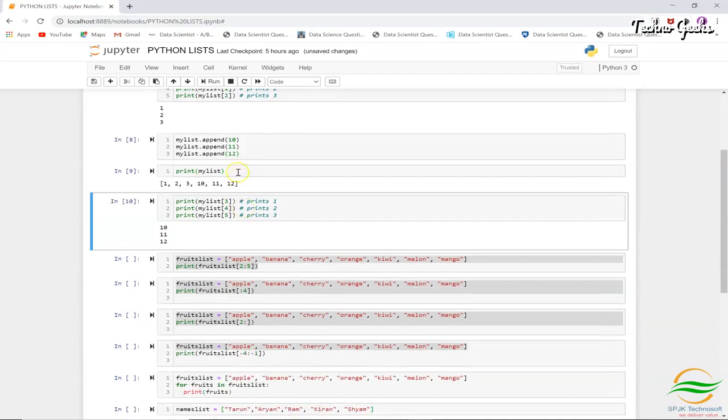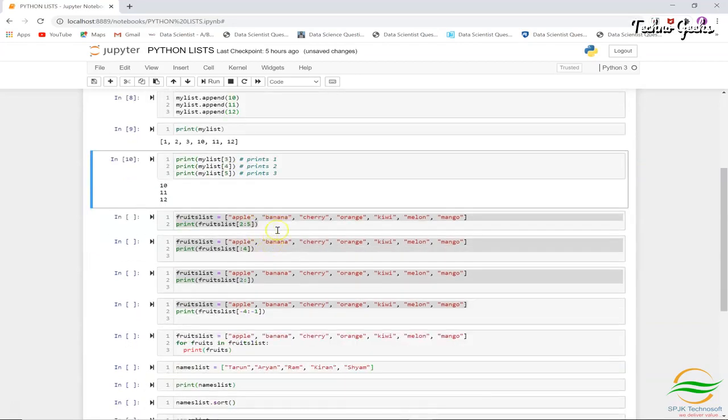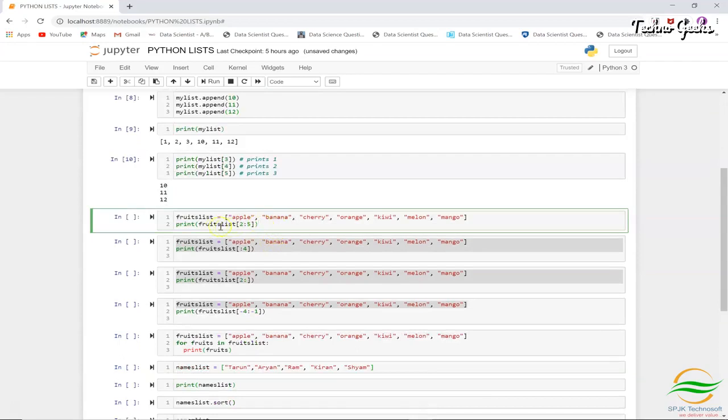Moving ahead, we can create a list with string values also, just as I have created a fruit list. I am printing with the range. What I want is to print from the second till the fifth element. The second element starts from 0, 1, 2, which is cherry, and then 3, 4, 5.